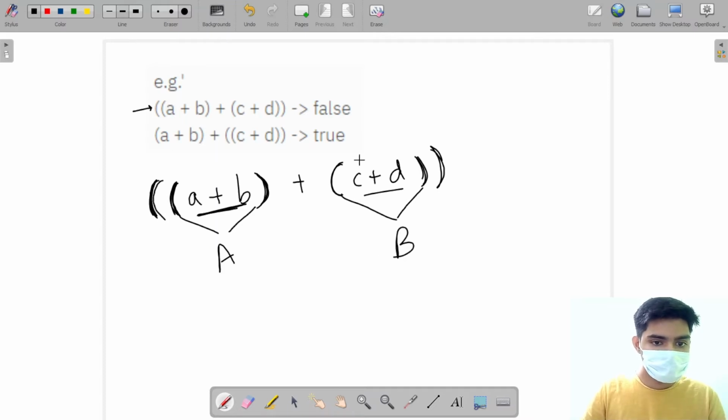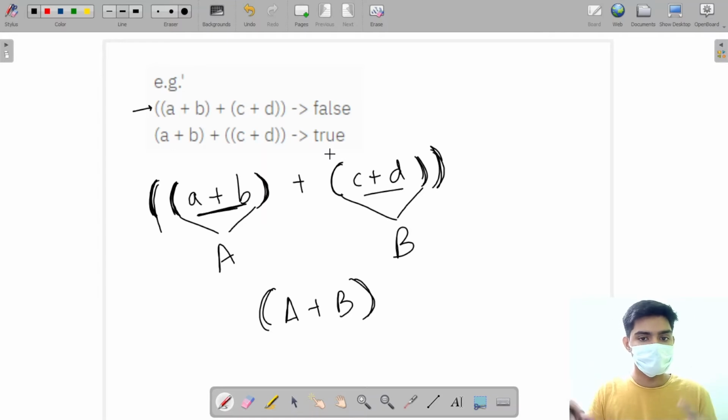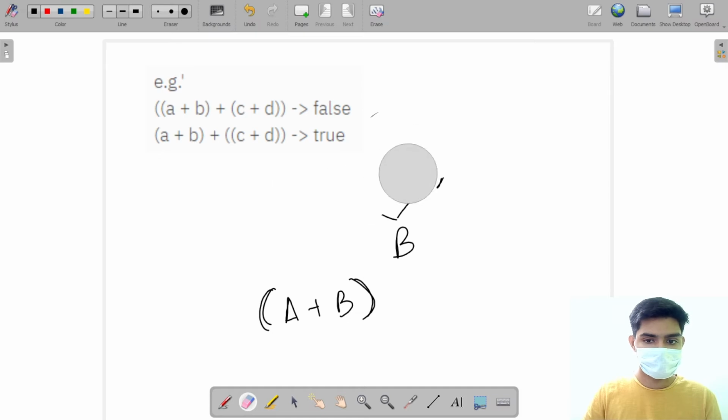So these two brackets, the outer brackets, contain the sum of a and b, right? So every bracket here has some value to it because they are doing some task. Every bracket here is necessary. So which means that it does not have any duplicate brackets. This will be more clear as we see the second expression.